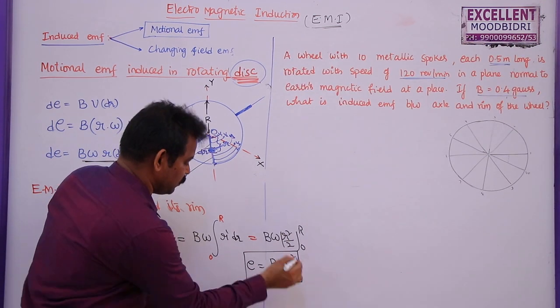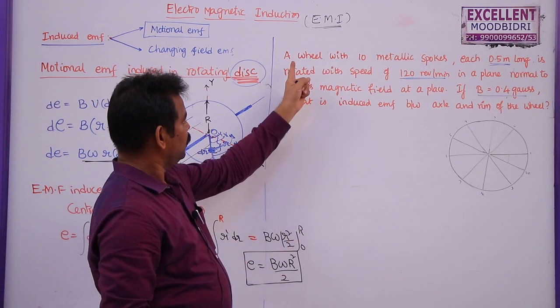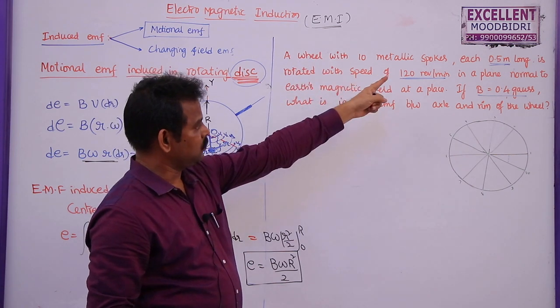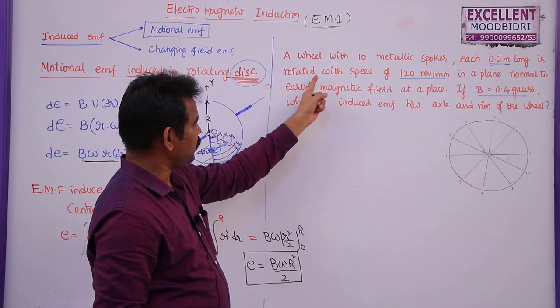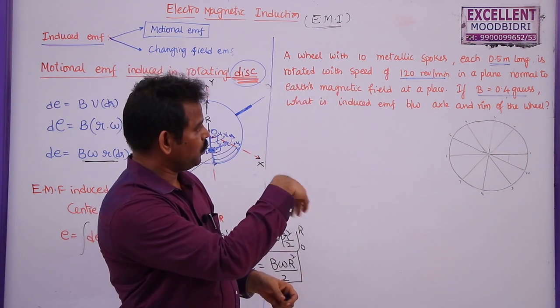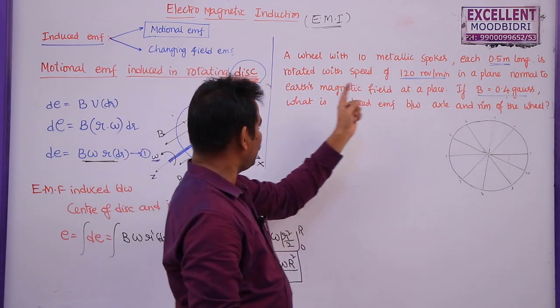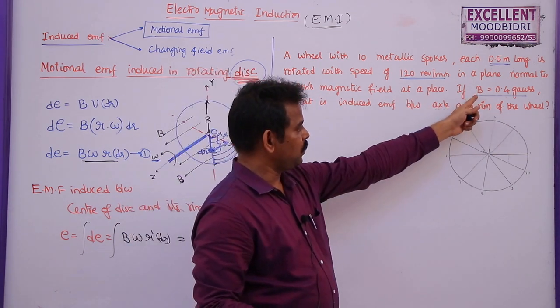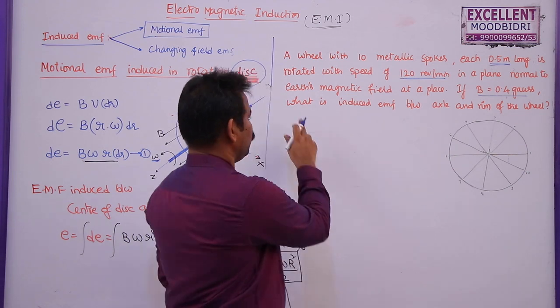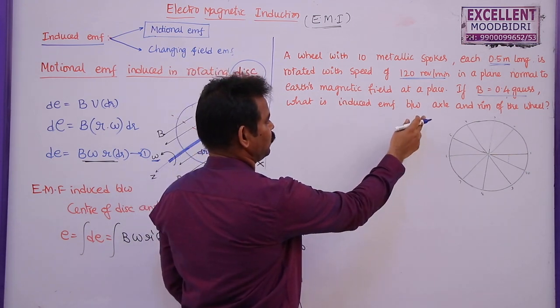Based on this formula, there is a problem. A wheel with 10 metallic spokes, each of 0.5 meter long, is rotated with a speed of 120 revolutions per minute in a plane normal to the Earth's magnetic field at a place. If the Earth's magnetic field at that place is 0.4 Gauss, what is the induced EMF between axle and the